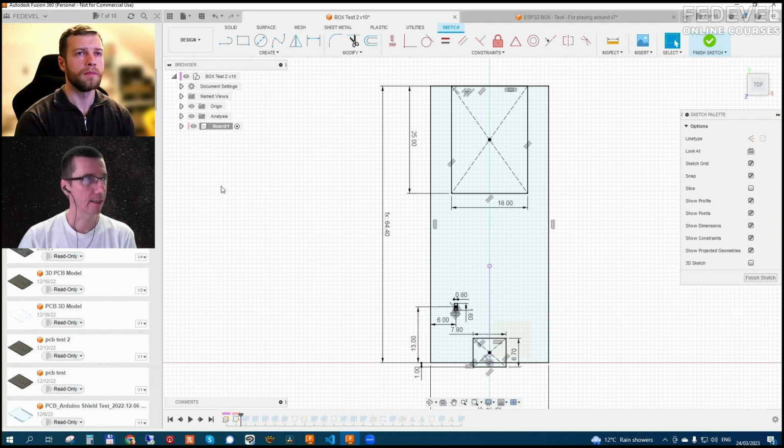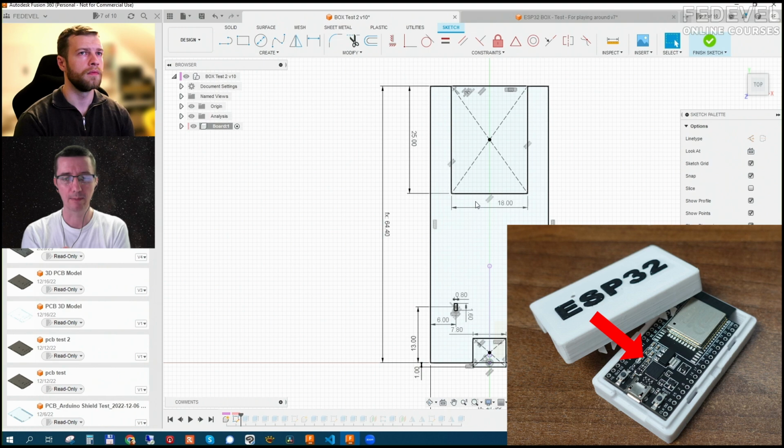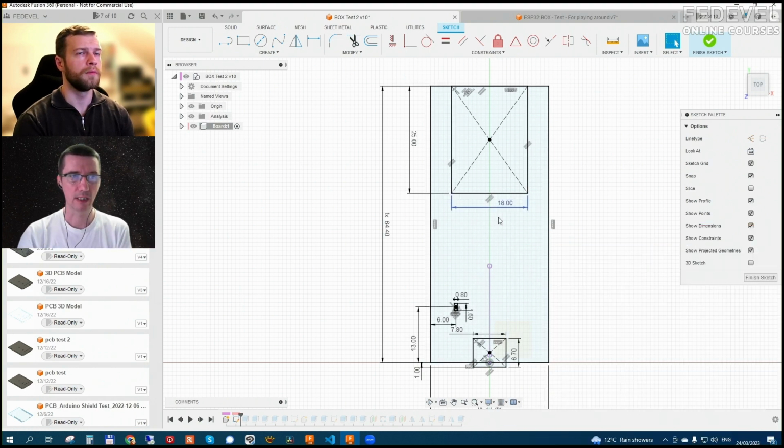So this is for the board. First, what I did in this, I created the board, because the board is going to be something I'm going to use as a reference for creating the box. You can import the board. You don't have to draw it. You can import a 3D model and use it. And then based on the board, what I did,